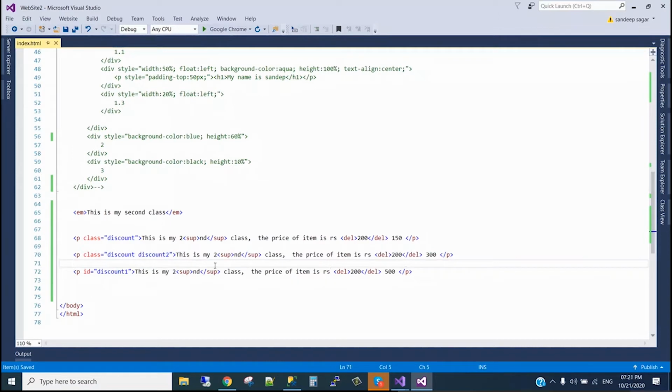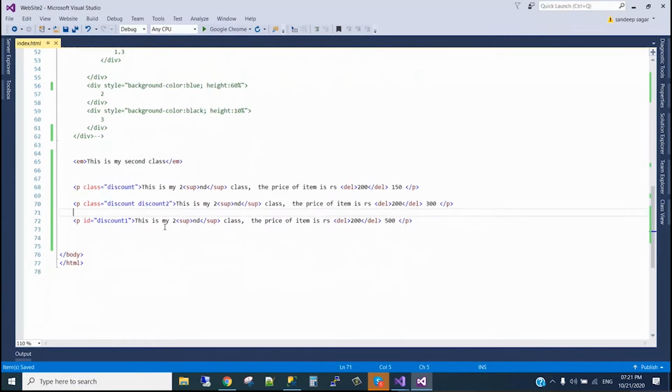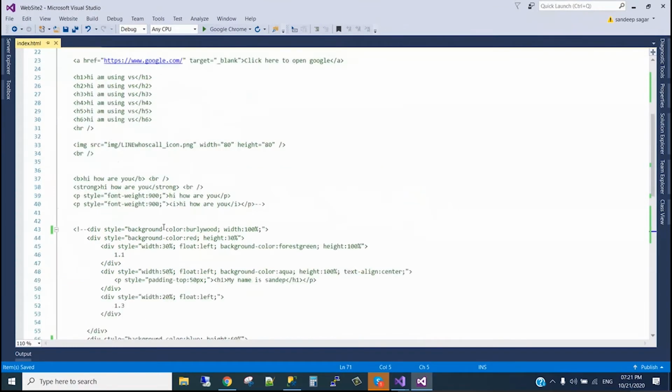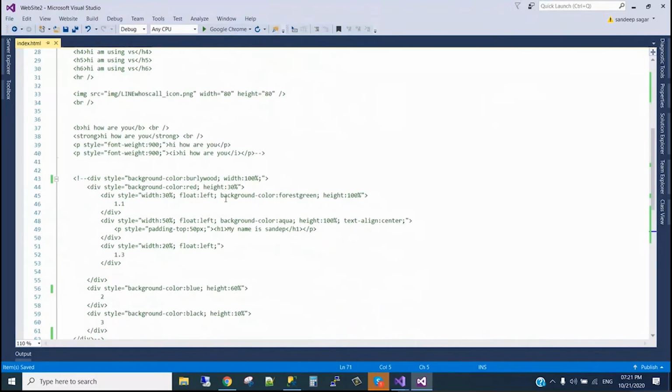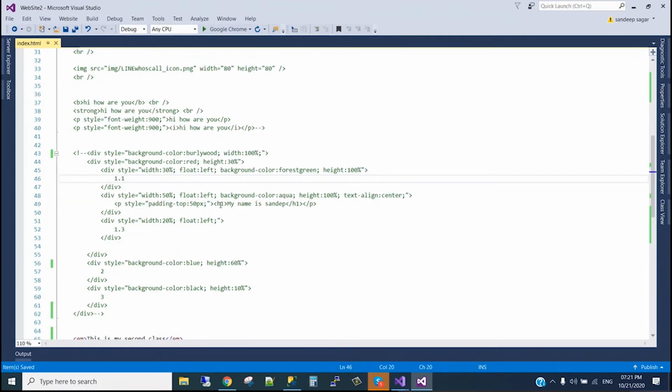We can use classes and IDs in any tag we have used till now, paragraph, div, h1, h2, whatever displays text, or div or table, based on our requirement. Any questions on this?